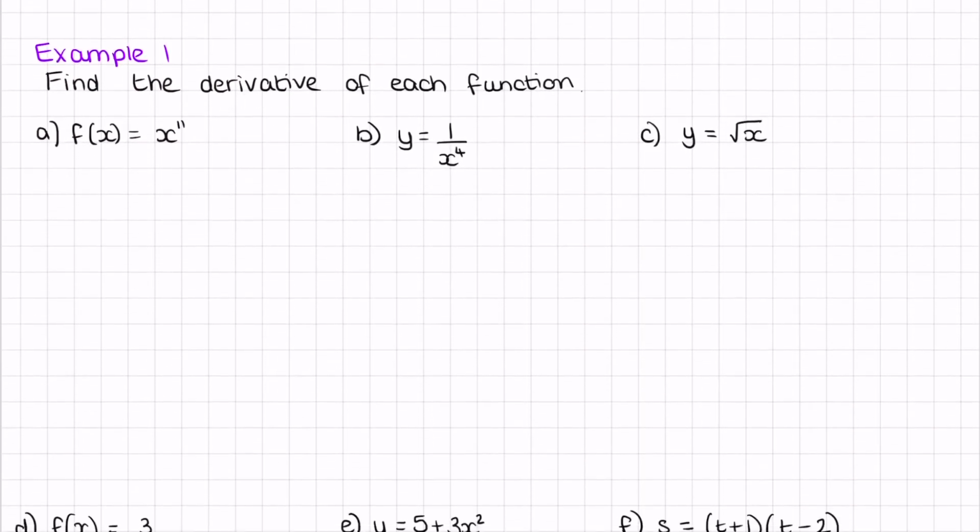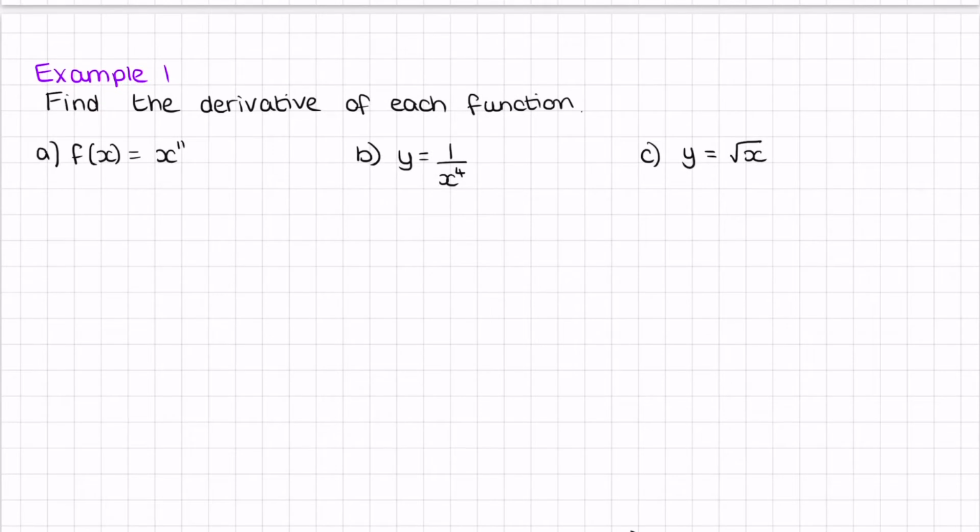Now, example 1, find the derivative of each of these functions. So the first one, we have x to the power of 11. To find the derivative of this, it's that first rule, the power rule. The rule is: if we have something to the power of n, then the derivative is n multiplied by the function, and minus 1 from the power. So our derivative of x to the power of 11 will be, we'll write f dash